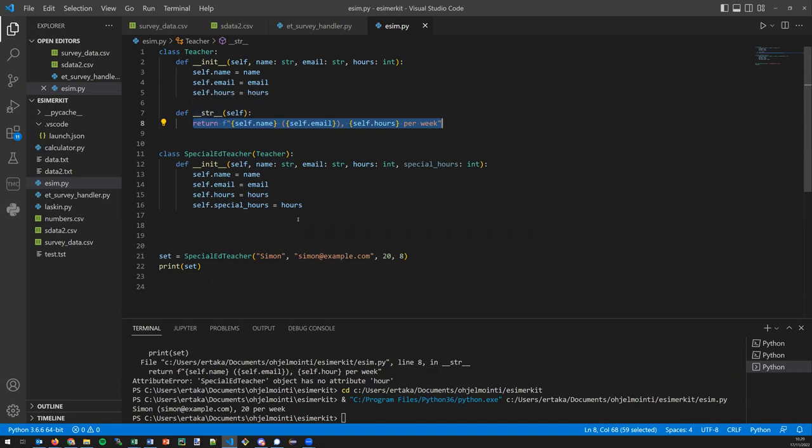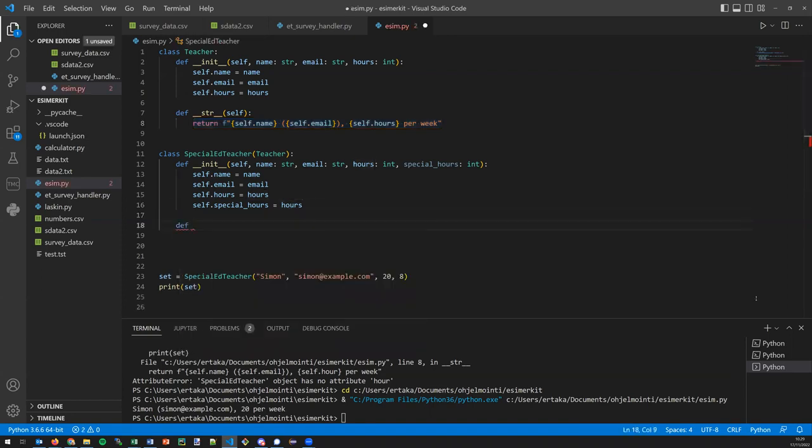So in this case, when we call it by using the print function, which implicitly calls the str method, then it uses this definition in here. Okay, so in this case, it's a bit problematic in a sense that it's missing one of the attributes. It doesn't provide the information for special hours per week, which is sort of logical because teachers don't have special hours. But in this case, it's probably a good idea to override the method in here,